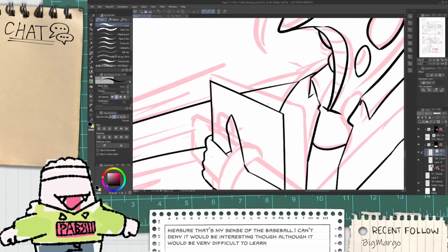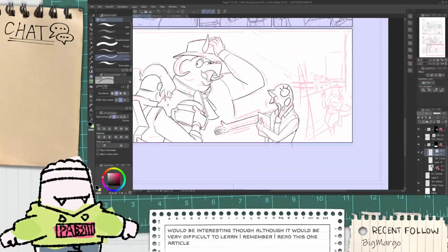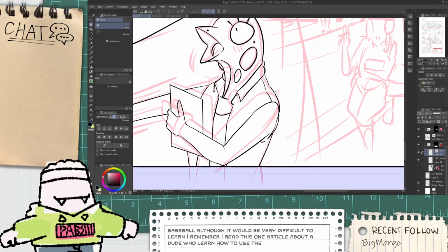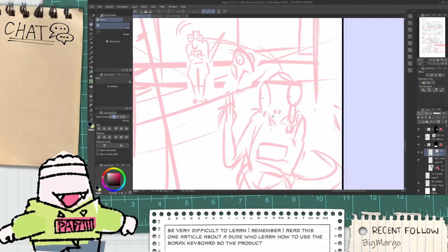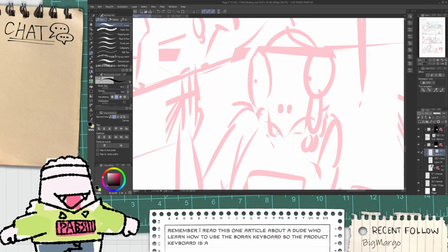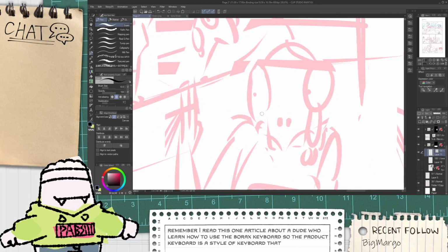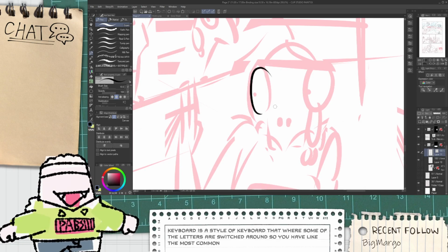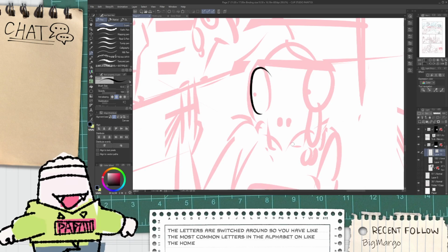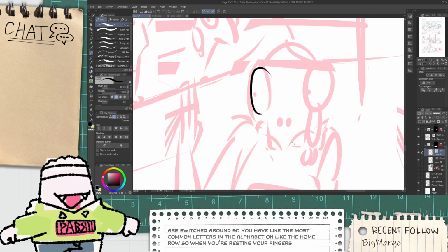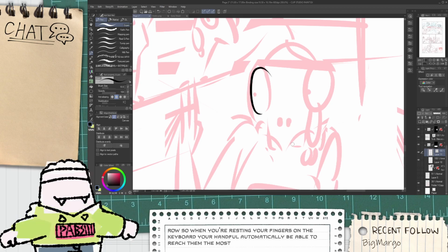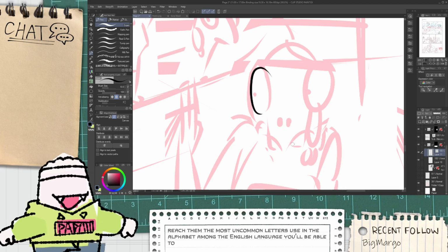I remember I read this one article about a dude who learned how to use the Dvorak keyboard. The Dvorak keyboard is a style of keyboard where some of the letters are switched around. So you have the most common letters in the alphabet on the home row. When you're resting your fingers on the keyboard, your hands will automatically be able to reach the most common letters used in the English language almost immediately,